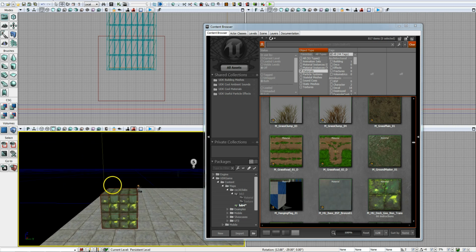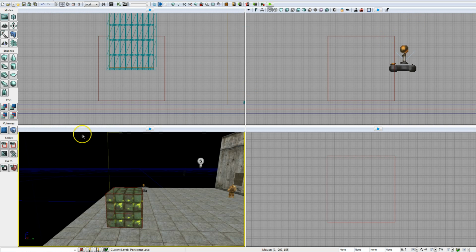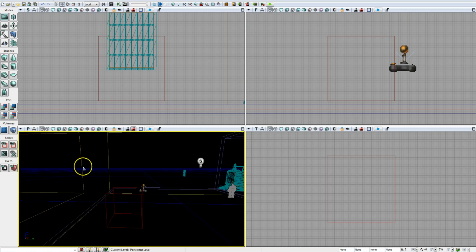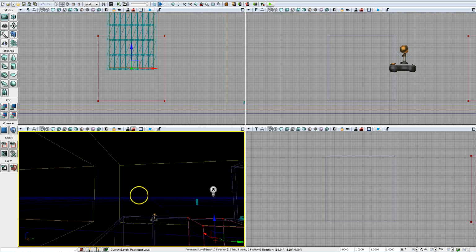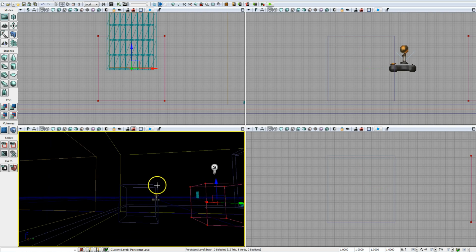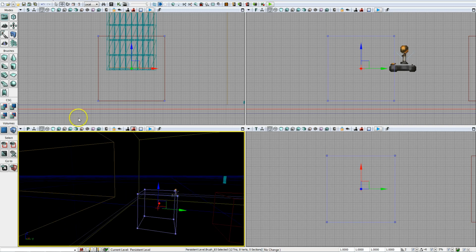Okay, so we've added it there. So now go to the brush wireframe view so we can make sure we have the whole thing selected, and let's make sure we get the brush out of the way. Not the additive brush we just put in, but rather the brush tool there. So now we have the actual brush selected,